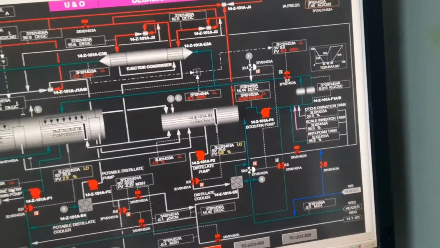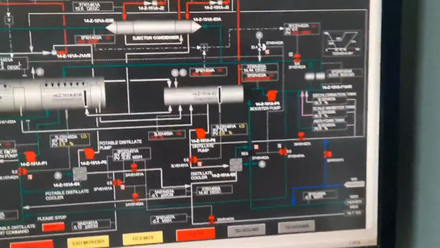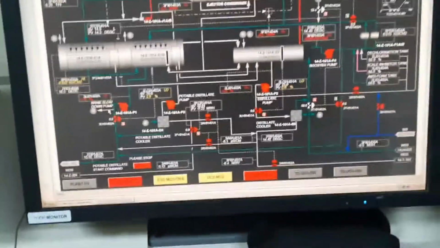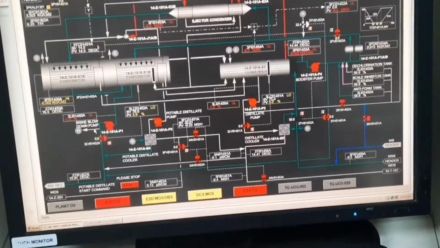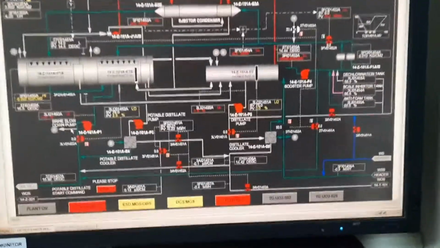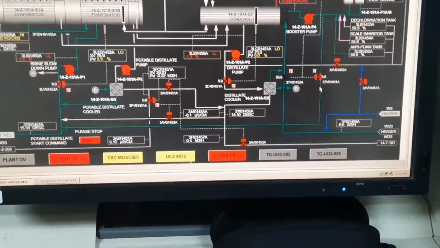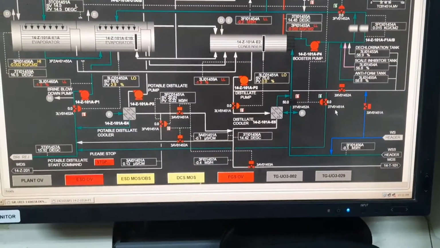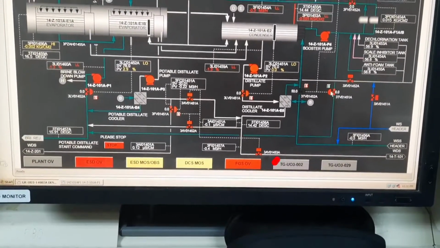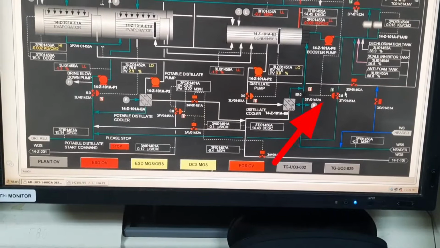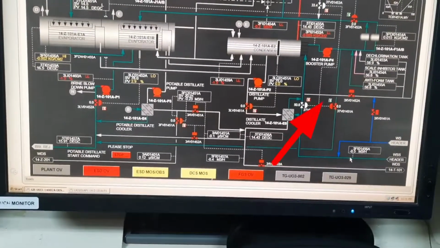How will we neutralize? We can neutralize by sodium hydroxide. Another option also: we can neutralize by seawater. Our seawater has high pH. Okay, so we can neutralize by this seawater. How will we neutralize with seawater? You see this temperature control valve 1451. First you have to open this temperature control valve, around 20%, and after that you have to open this seawater inlet valve.